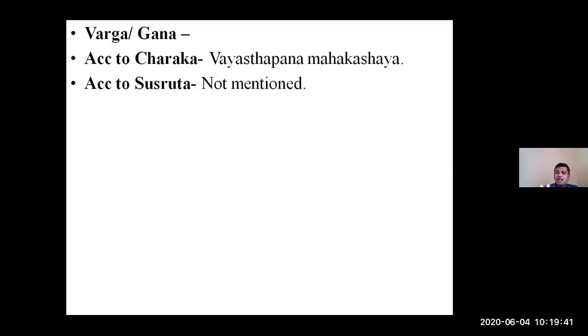Vayah tarunam stapayati iti Vayastapanam. Especially in the old days, we used to observe graying of hair, loss of eyesight, falling of teeth, and wrinkling of the skin. These are the lakshanas we observe in Jaravastha. Those lakshanas will be postponed by continuously using these drugs. How you look in the young stage, you can look the same in old age by using these drugs.